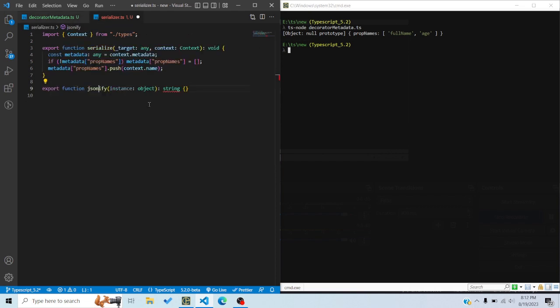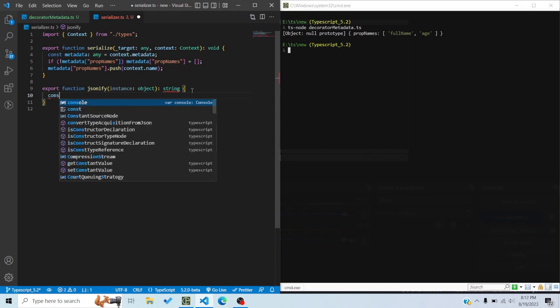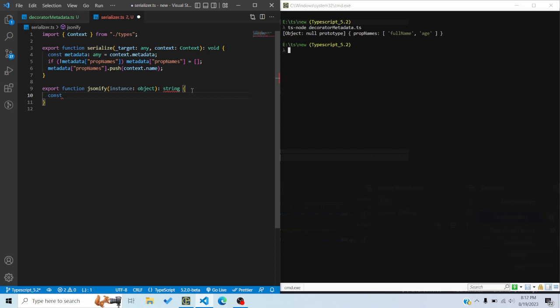So this is basically the instance of that class, the object which would be created from that class. Now I've got the instance, so I will first get the metadata from it. We know that metadata is a property of the class, not the instance. So I'll say metadata is equal to instance.constructor[Symbol.metadata],